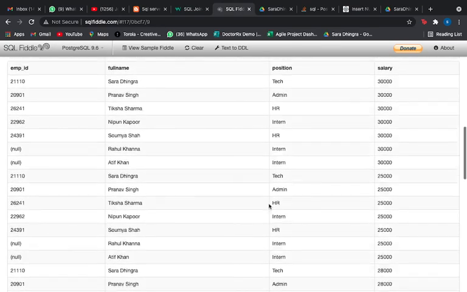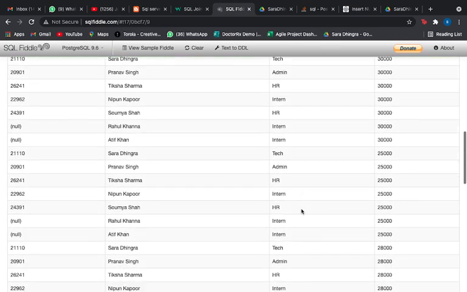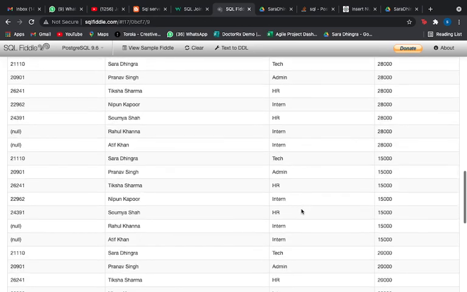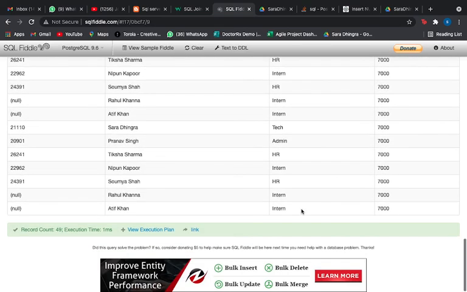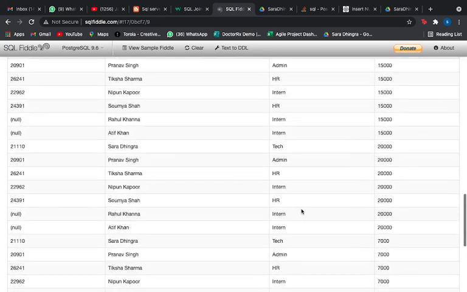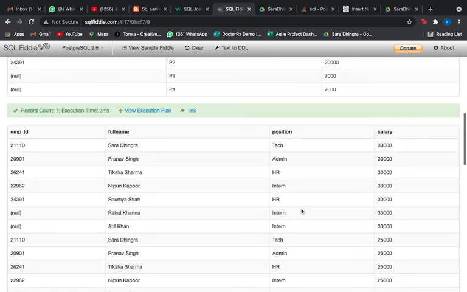Yeah, so if you see, we have got each record and it has just multiplied rows from table 1 into rows from table 2, and it has fetched me the values. It has got me 49 values. Alright, so this is our cross join.